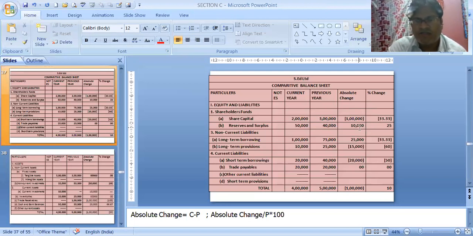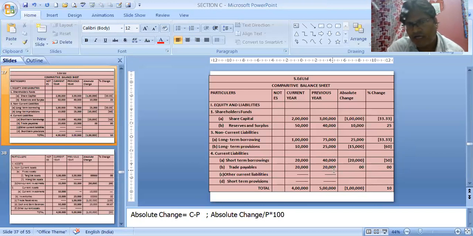Now next thing, this is 10,000 divided by 40,000 into 100 is 25%. Similarly, this one 25,000 divided by previous year, that is 75,000 into 100, that means 1 by 3 into 100 is 33.33. Then again, we will be writing only 2 places of decimal, whether told in the sum or not. If told, okay. If not told, then also 2 places of decimal. Remember it. Then again, it is 15,000 by 25,000 into 100. That is 60%. It is in bracket. That's why this is also in bracket. Next is 20,000 by 40,000 into 100 is 50%.